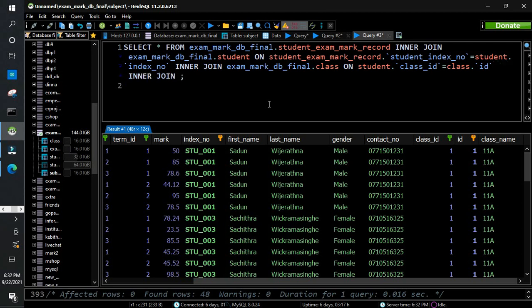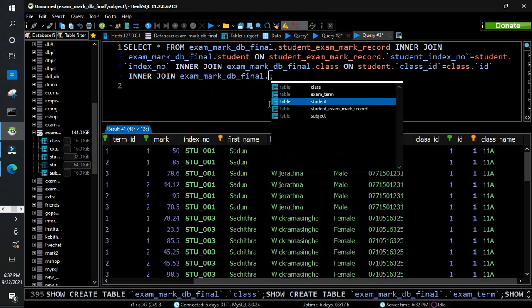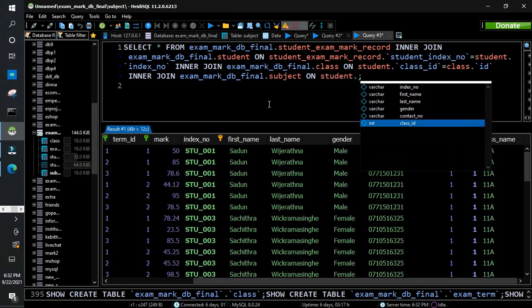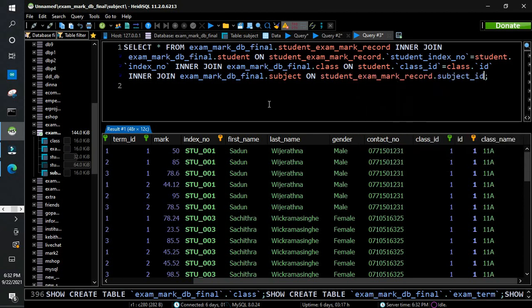So inner join the subject table on the condition that the subject ID of the marks table should be equal to the subject ID of the subject table.